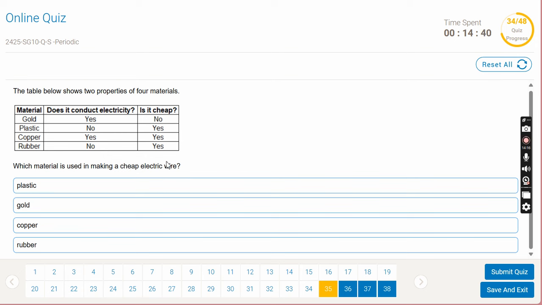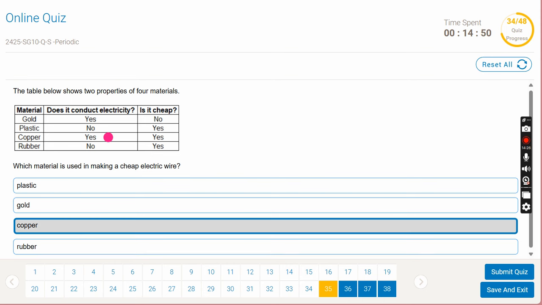Which material is used in cheap electric wire? So cheap electric wire, what is that? We need to keep the wire cheap. So it's going to be any of these and it needs to conduct. So it's only this one, copper. The next one,